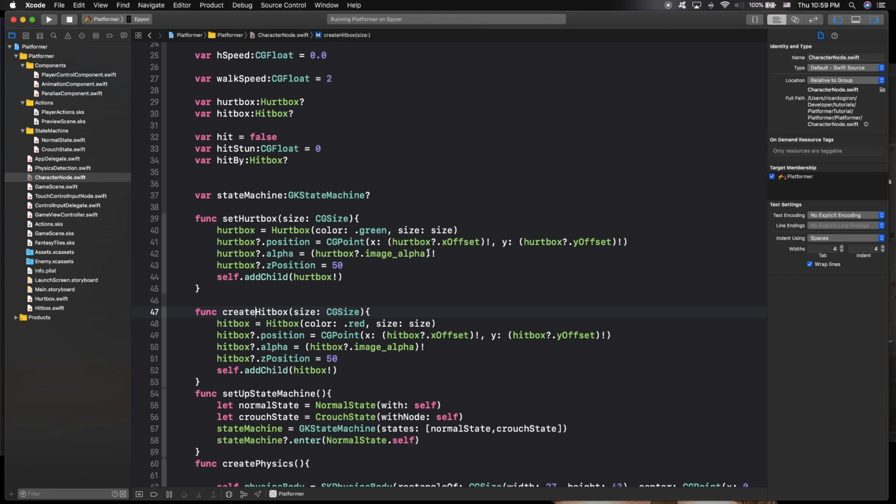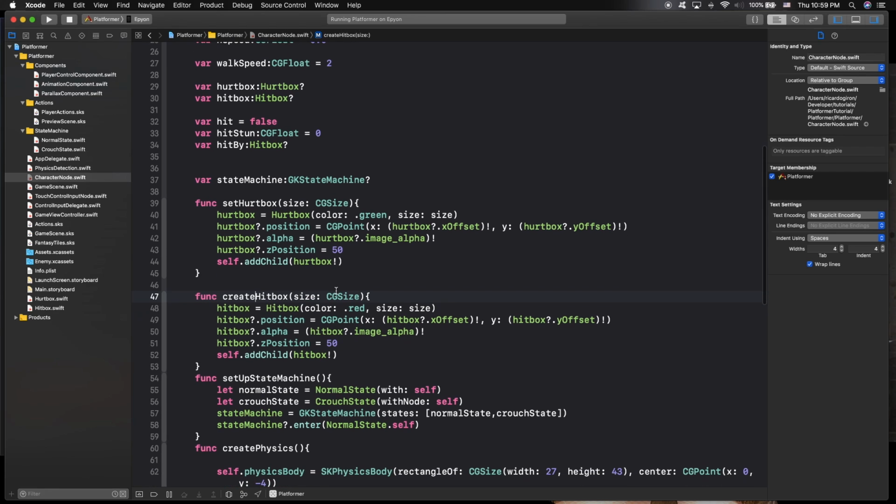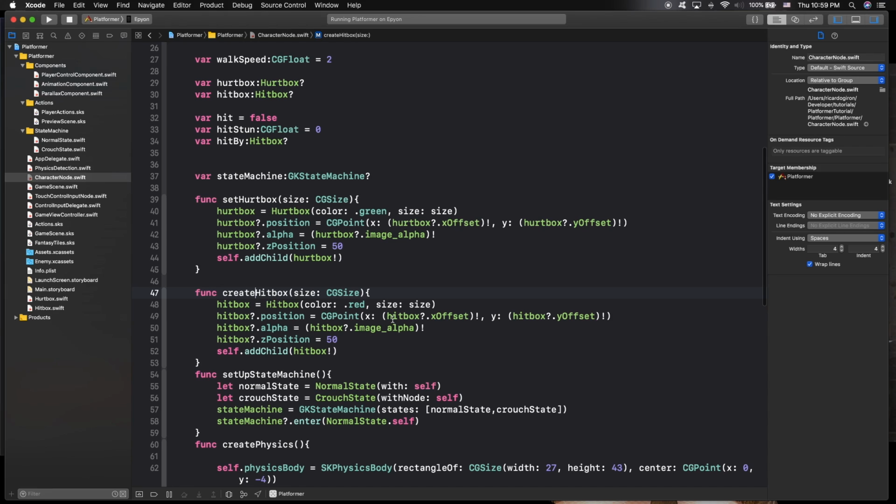The position is going to be whatever x offset and y offset that we set on the hurtbox. The alpha is going to be the alpha value. The Z position is going to be 50. I set it up as 50, so it's always right in the front, so that we can see it no matter how many layers are there. And then we just add it,